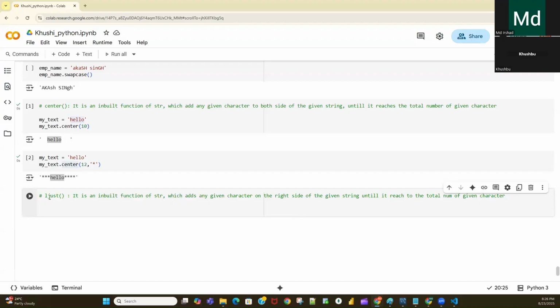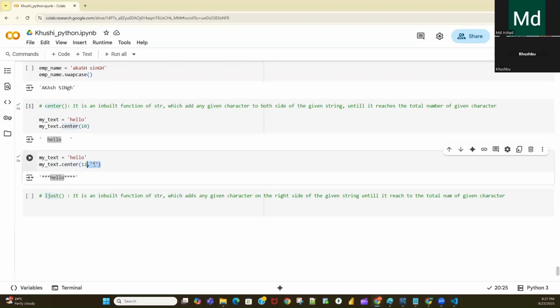So this LJust function will work similar to your center function only, but it will add the given character only on the right side of the given string.